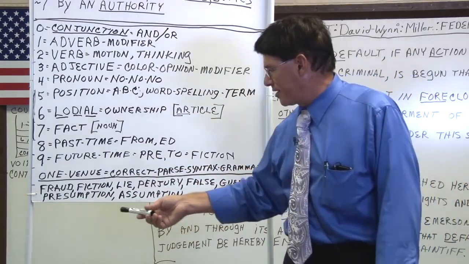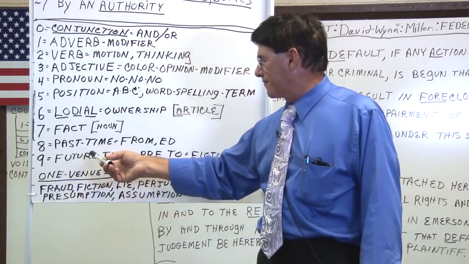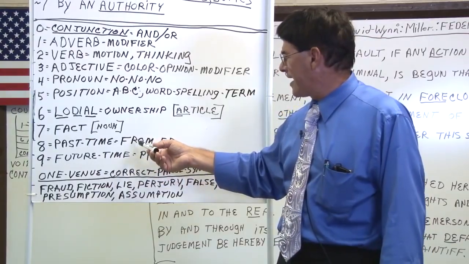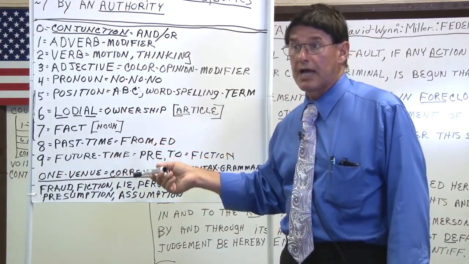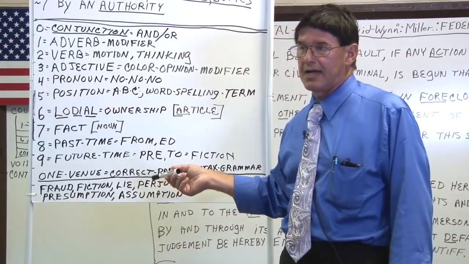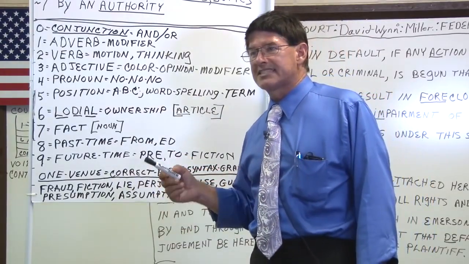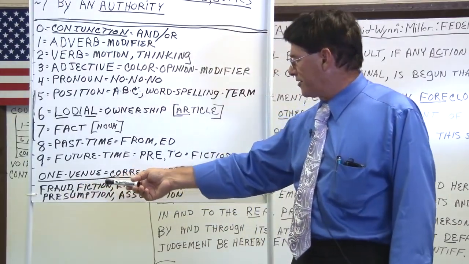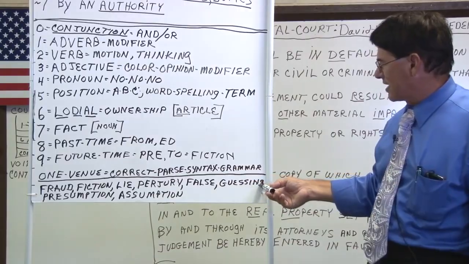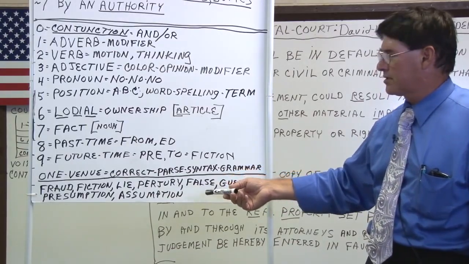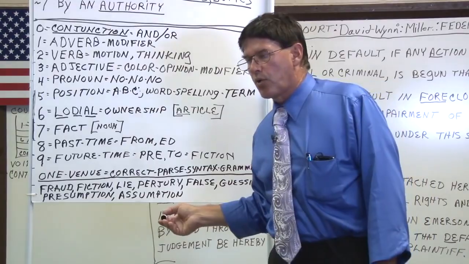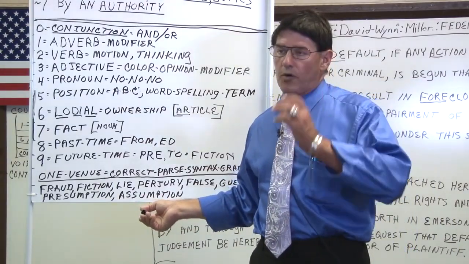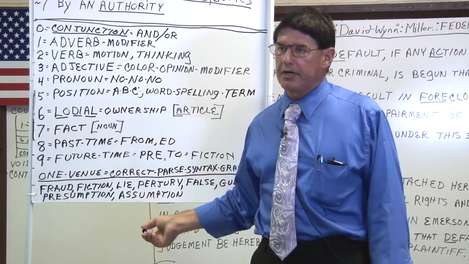However, in the world of fraud, you're going to have going to the store from the house. Now we have two different time factors of from and to, which is now a lie because now we have two conditions of time and it's no longer a single thought sentence. So this generates when you're into fraud, fiction, lies, perjury, false, guessing, presumption, assumption. These are the world of our court systems, attorneys, and lawyers. And this is what's been going on this planet for 8,500 years.